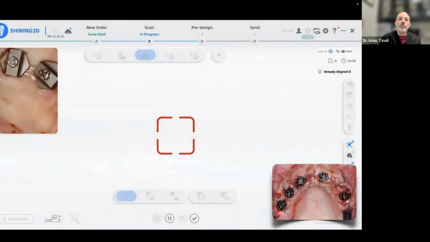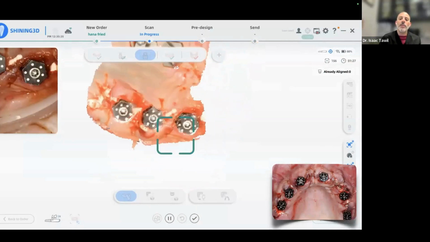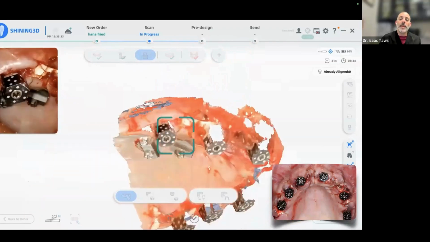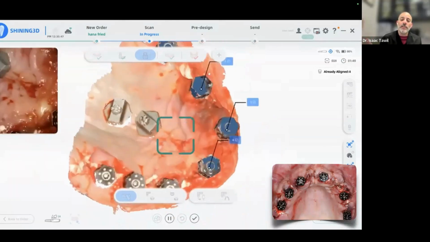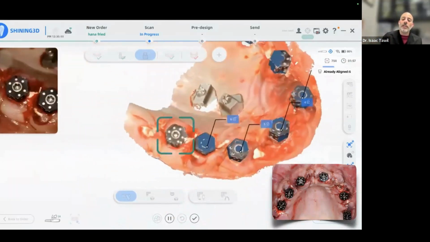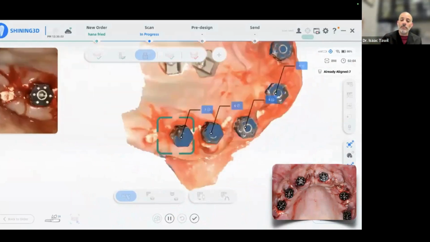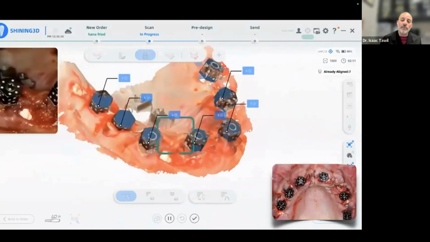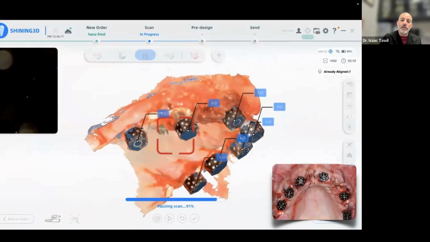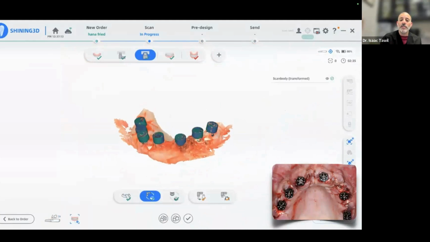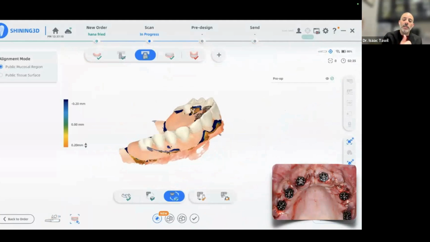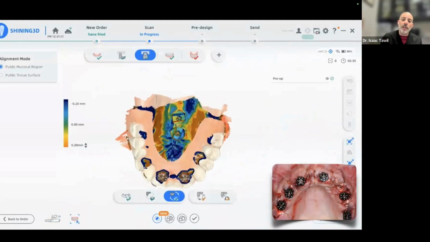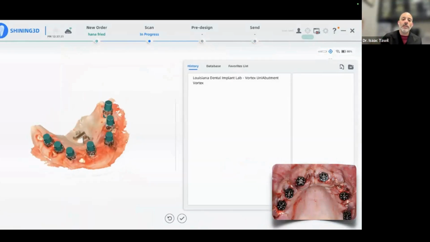We will go ahead after we suture everything up and we will capture. This will take you through the workflow here. It'll go and capture all the tissue, and then we will CAP scan each one of these and they will turn blue. You don't have to get all of them. You only need 3. But if they all turn blue, you're going to get perfect alignment every time. And if you don't, it's okay. We have a manual option as well for that. So we built all this in so that there is a fail safe just in case. But you can see everything's lined up and matched nicely to where now all the layers are matched. Our initial scan with the fiducial marker, our photogrammetry, and of course our tissue scan.